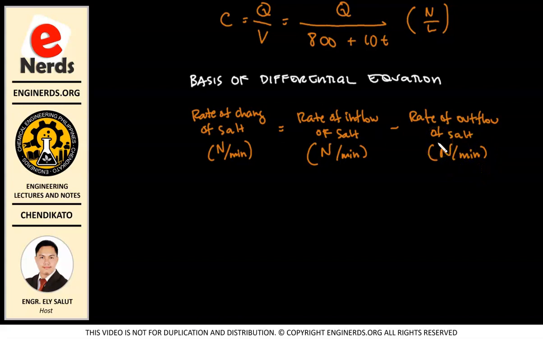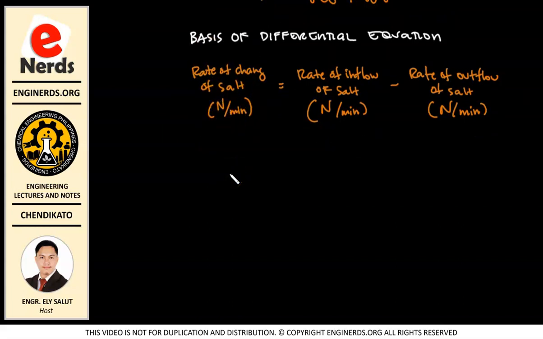Okay, so that means we have to express our change in the amount of salt. Yung amount of salt natin is Q, di ba? So we have to express the change in the amount of salt with respect to time. So we're going to differentiate that. So the change to the amount of salt dQ over the change in time. Okay? Now for the rate of inflow, this will be our volumetric flow rate times the concentration of our salt,